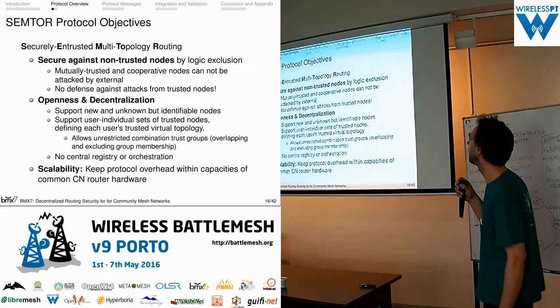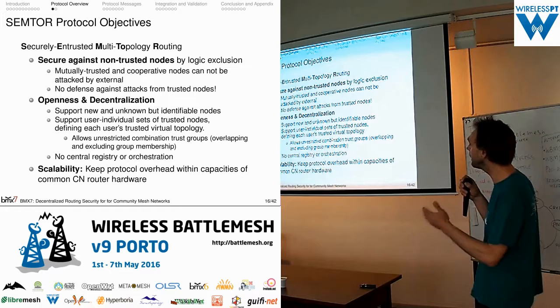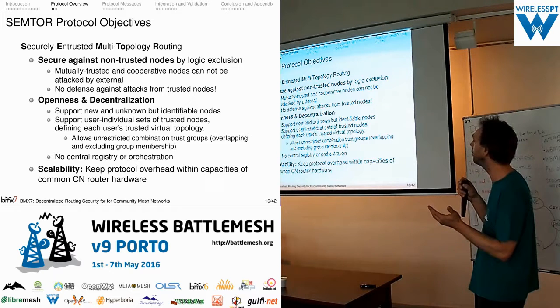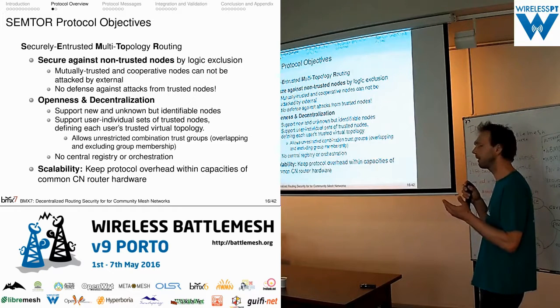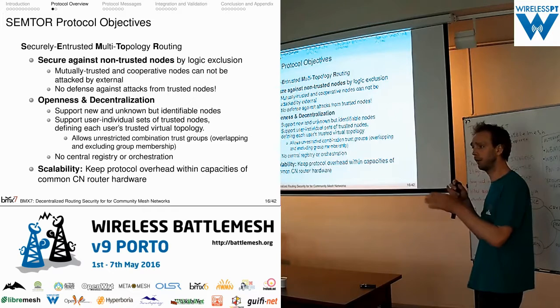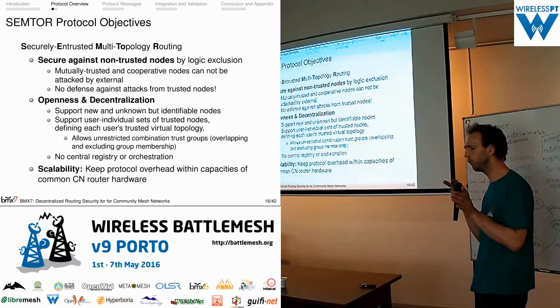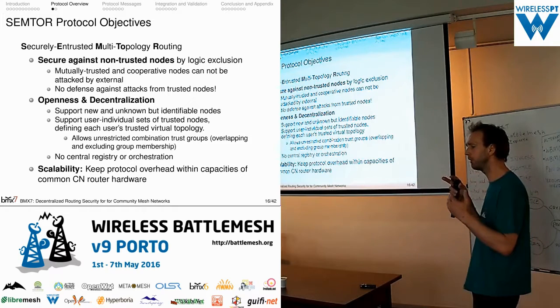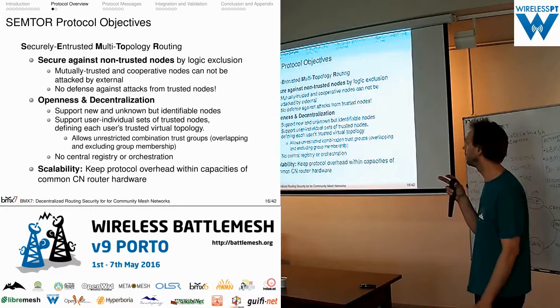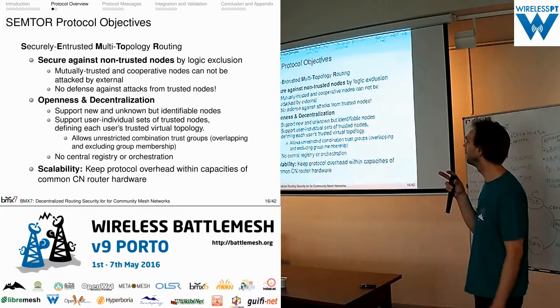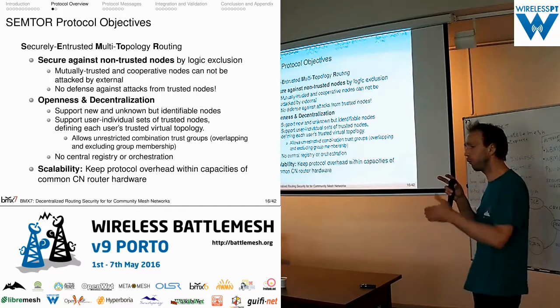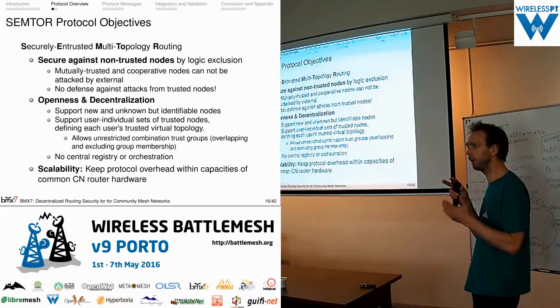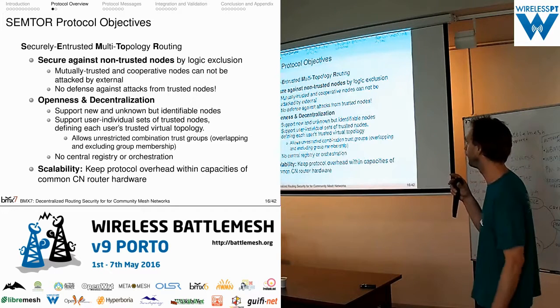The other thing is, of course, that you have no defense against attacks that are coming from trusted nodes. Like in this example we had in the beginning, we had these 4 friends. I'm only protecting against attacks from people which do not belong to this friend group. But if one of your friends is then attacking you, somebody that you individually trust, the problem remains.